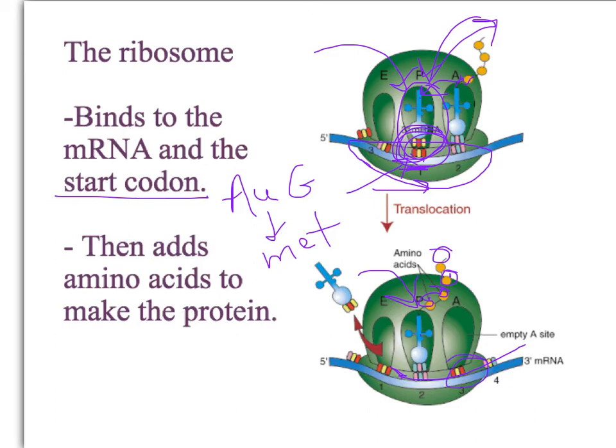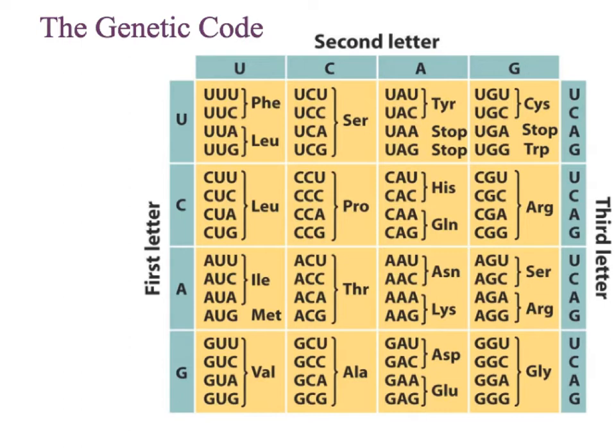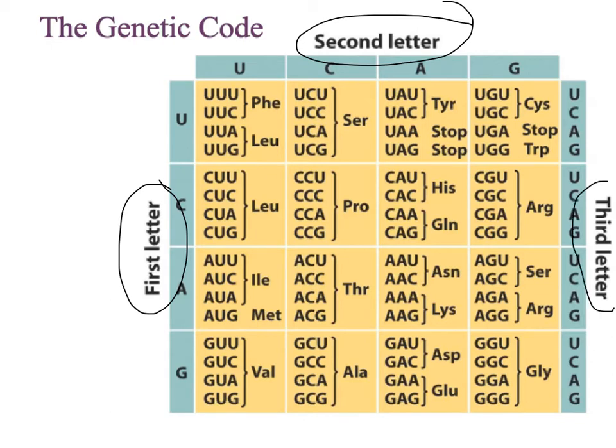So this is a chart of the genetic code. In order to read the genetic code, we're going to have to read it first letter, second letter, third letter. We're going to practice that today with our codons. But let's just say, for example, if our first codon is, like we said, A-U-G,